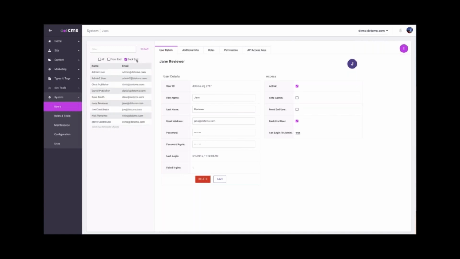Now we key off these roles, so there are APIs that are back-end specific only, and based upon these roles, we're going to be granting access to those APIs or not. Segmenting front-end users from back-end users in dotCMS 5.2 really clarifies security roles and accesses in the system overall.